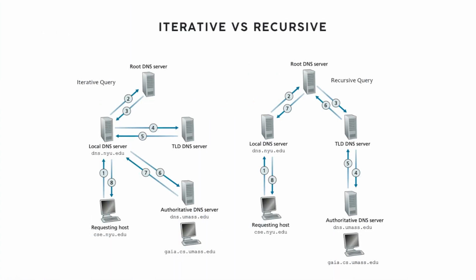Now let's come to the iterative versus recursive method used in DNS. There are two methods used in DNS, iterative and recursive. Iterative DNS resolution is a process in which a DNS server returns the best available response it has to a query. The client then sends another query based on that response until it receives the final answer. In recursive DNS resolution, the DNS server performs all the necessary queries on behalf of the client and returns the final answer. Recursive DNS resolution is used when the client requests a domain name that is not present in the